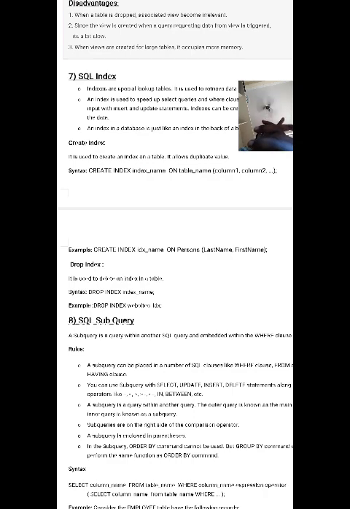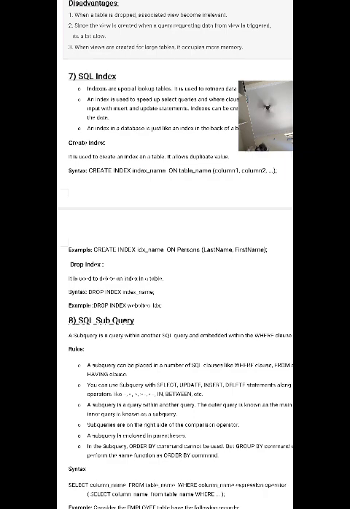Like in other programming languages, if an if statement is having another if statement, it is called a nested if statement. If an if-else statement is within another if-else statement, it is called a nested if-else statement. Same like that, a query is having another query.